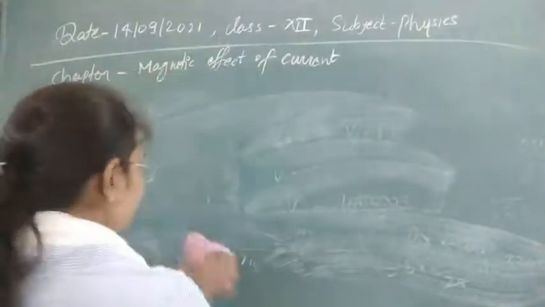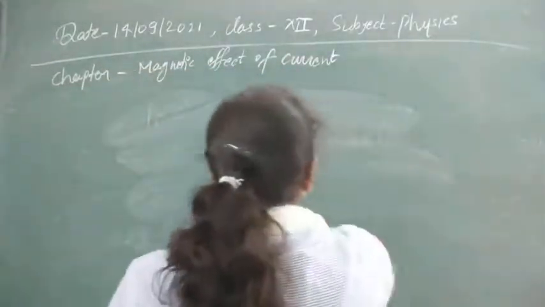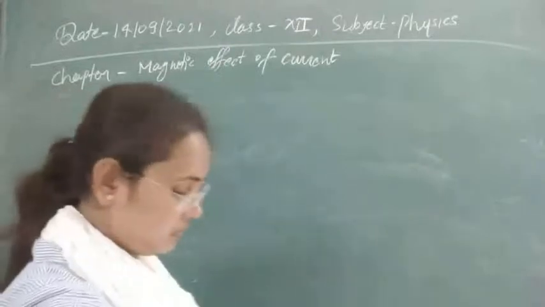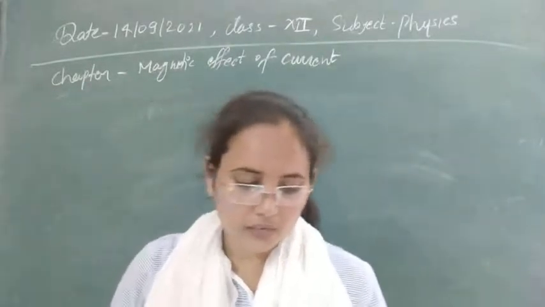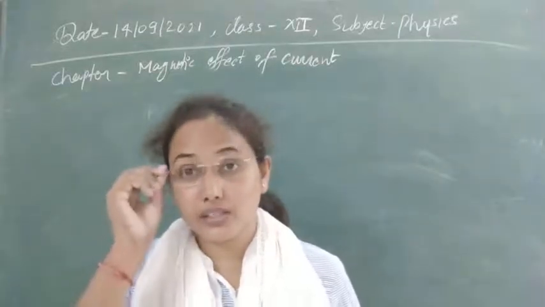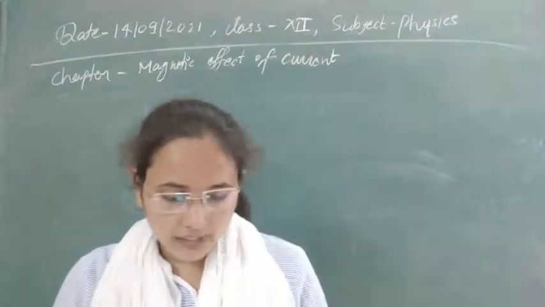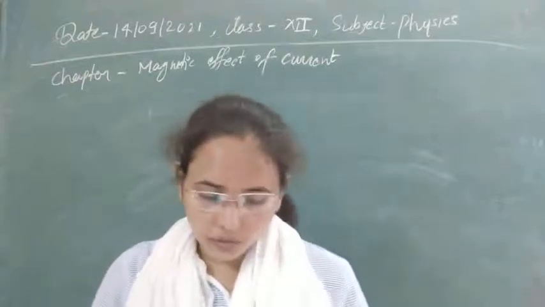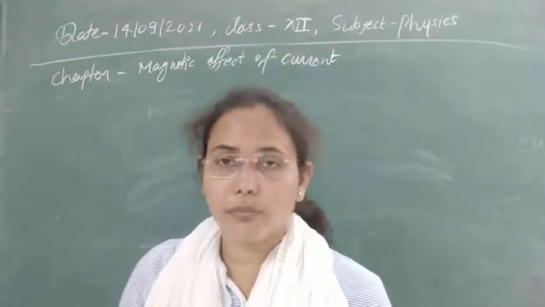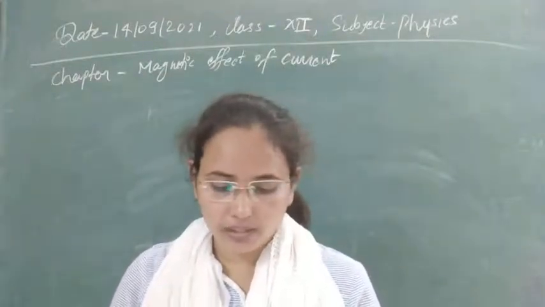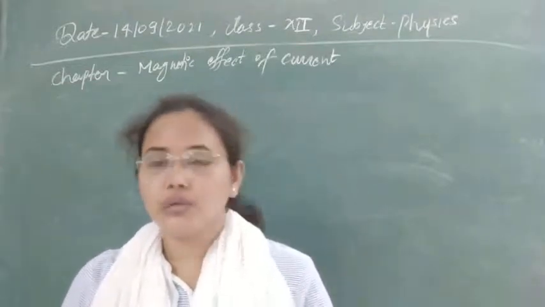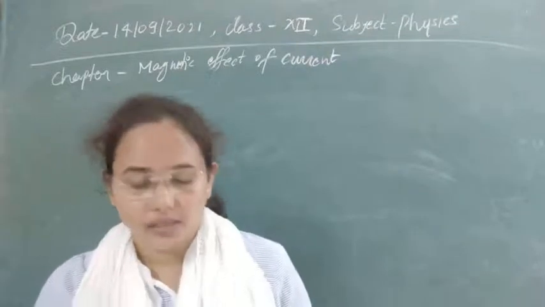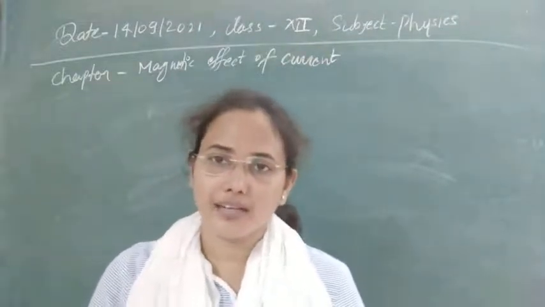Now let's see the second question. The question is very simple, a 1 mark question. 1 Tesla is equal to, options are given: 10 power 4 Gauss, 10 power minus 8 Gauss, 10 power minus 7 Gauss and 10 power minus 4. You know that 1 Tesla is equal to 10 to the power 4 Gauss, because Gauss is a lesser unit than the Tesla.